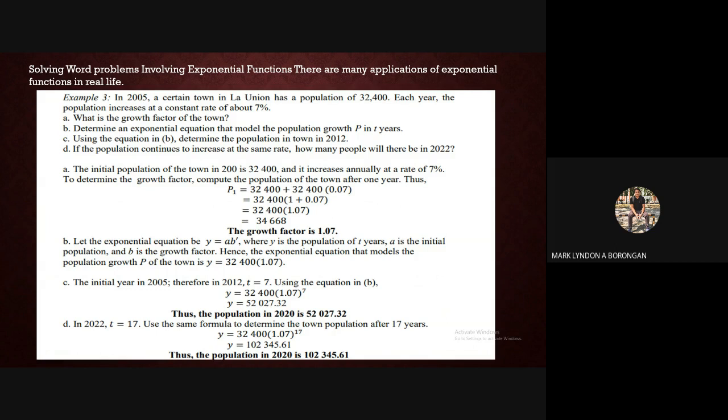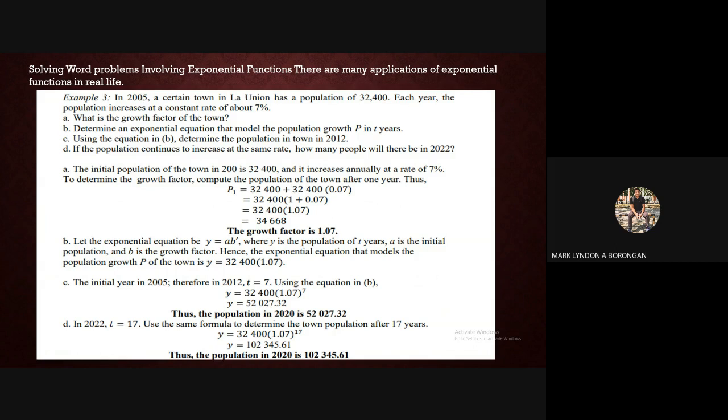Okay, what is the growth of the town? Determine an exponential equation that models the population growth P in t years. And C, using the equation in B, determine the population of the town in 2012. And lastly, if the population continues to increase at the same rate, how many people will there be in 2022? So for A,